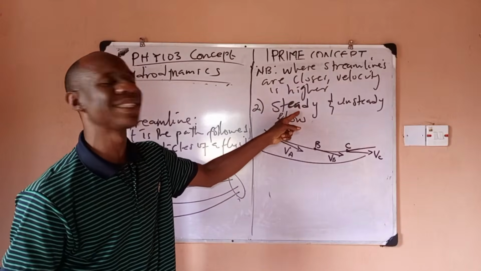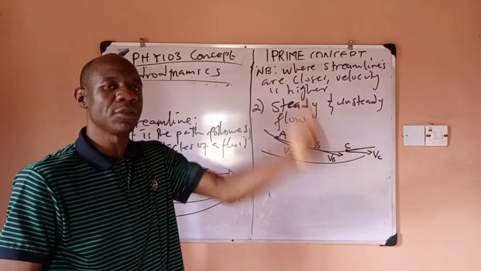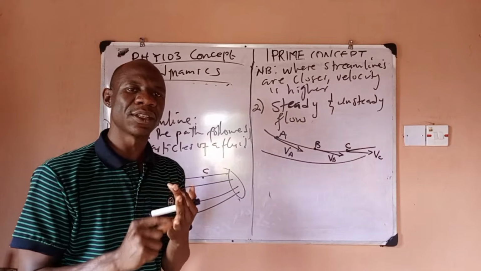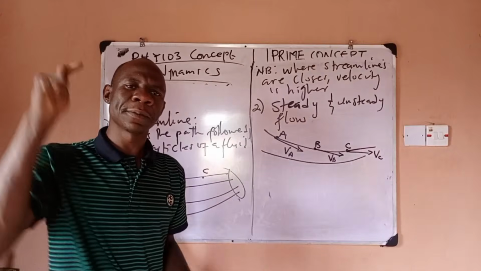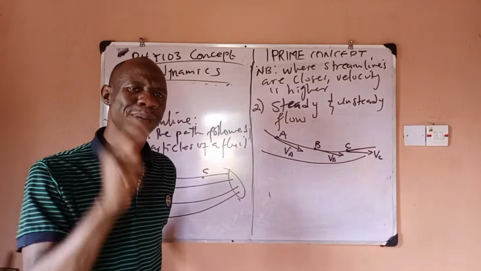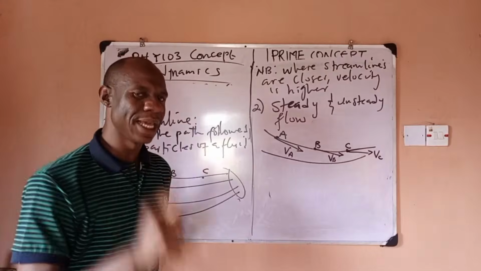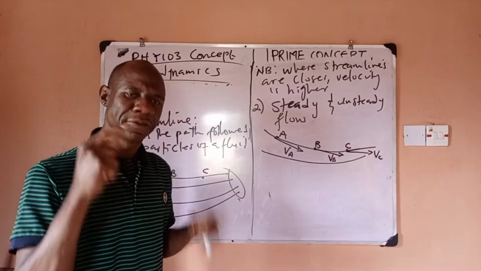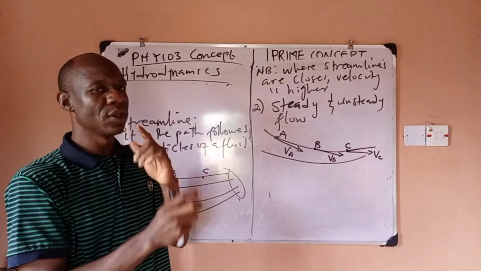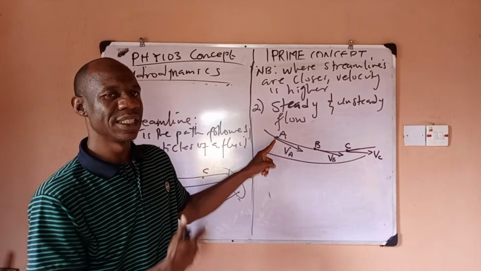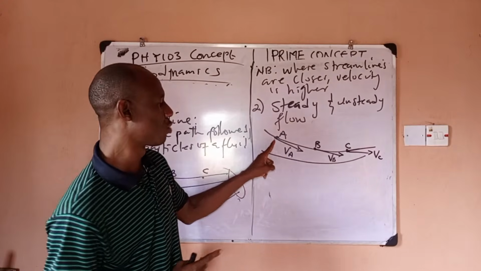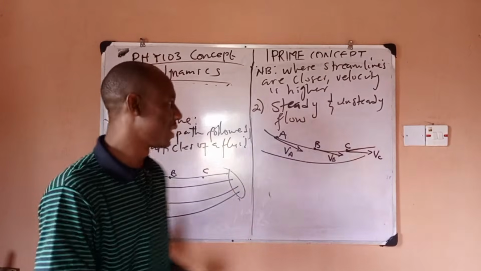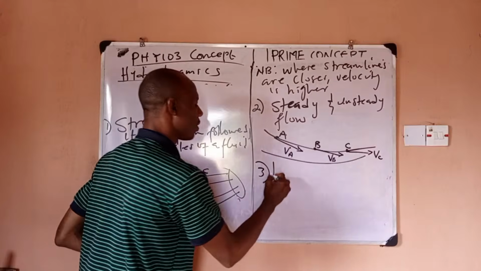So if you understand a steady flow, it means that the converse should be an unsteady what? Flow. So what is an unsteady flow? An unsteady flow is a flow where the particles of the fluid don't maintain the velocity at a particular point. So if particle 1 gets to this point, the velocity might be 20. Particle 2 gets to this point, the velocity might be 10. So that kind of flow becomes what? Unsteady.